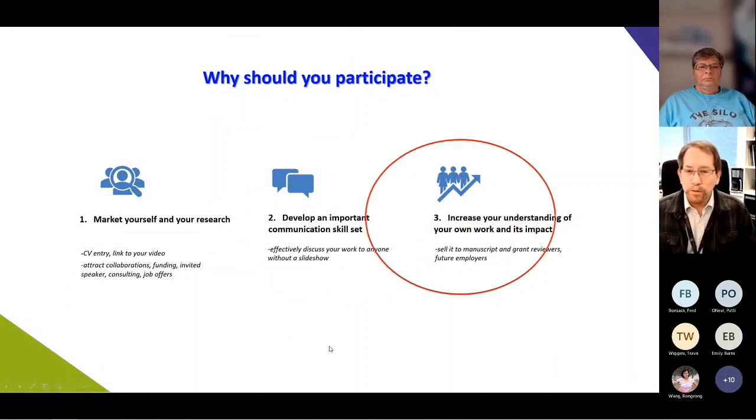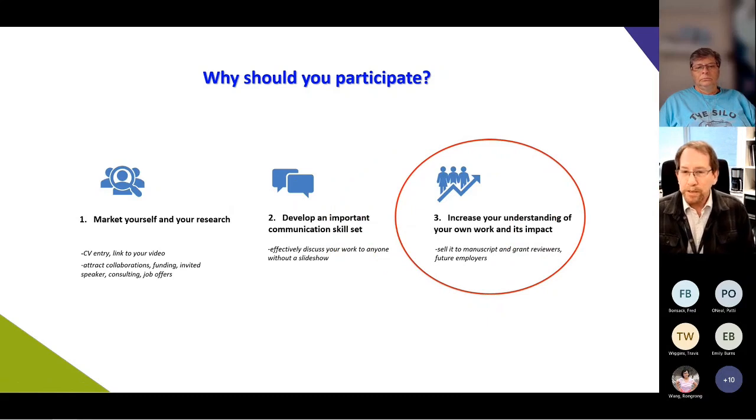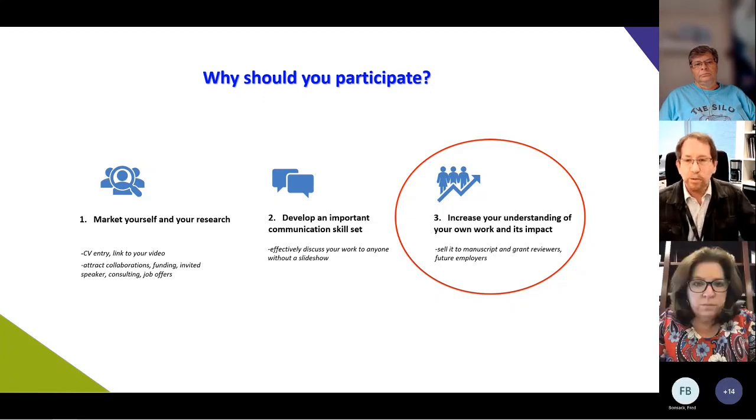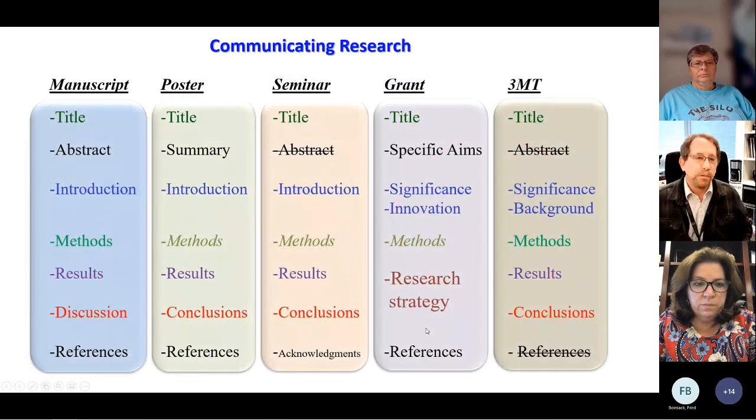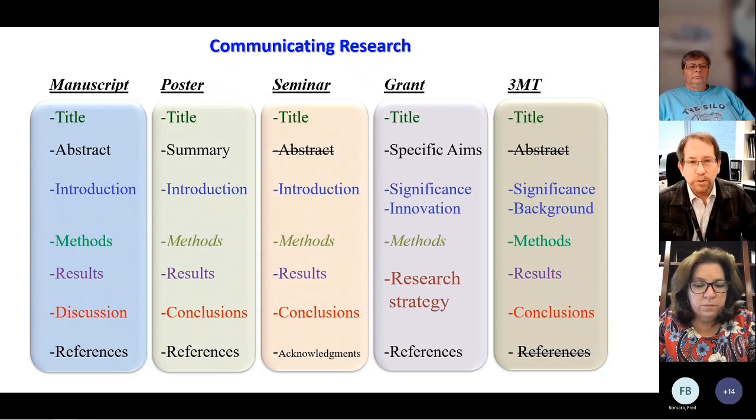Another important benefit that isn't intuitively obvious for most people that look at the 3-minute thesis competition is that it can give you a different perspective or a new understanding of the impact of the research that you're doing. And so just to give you an example of that,